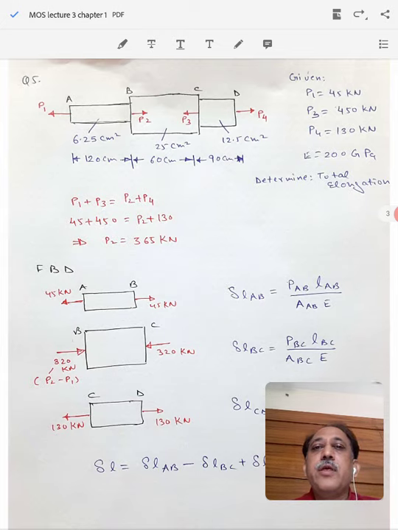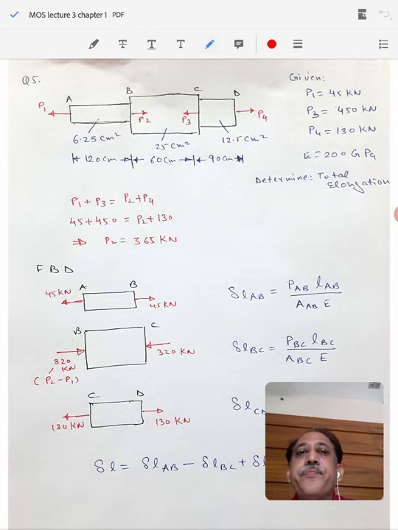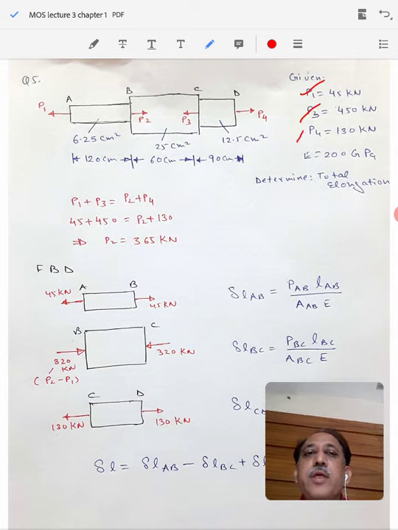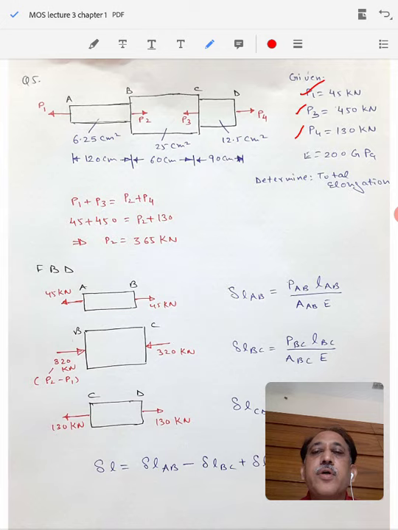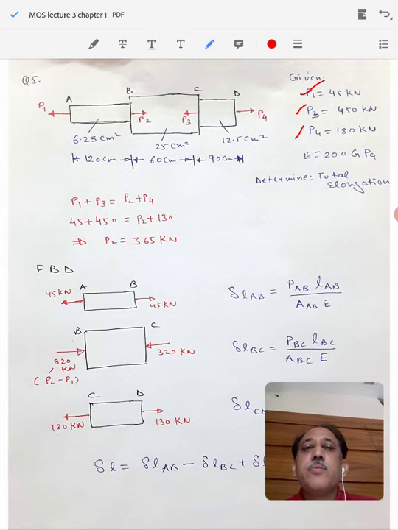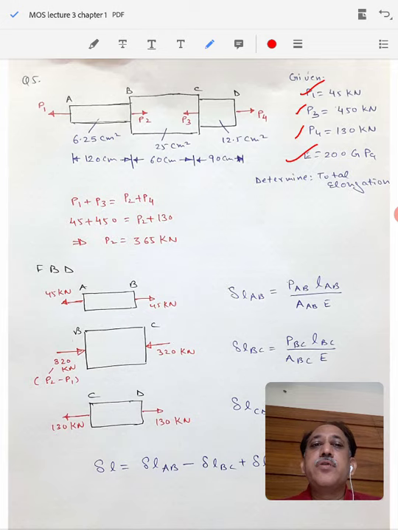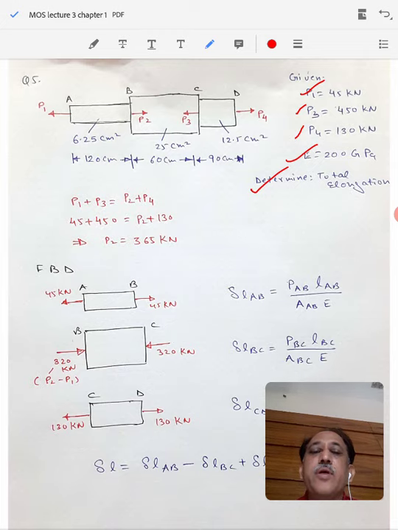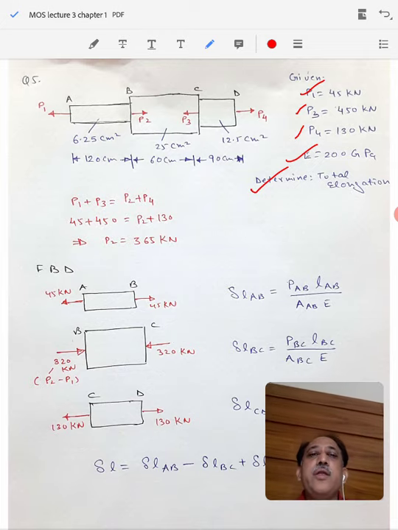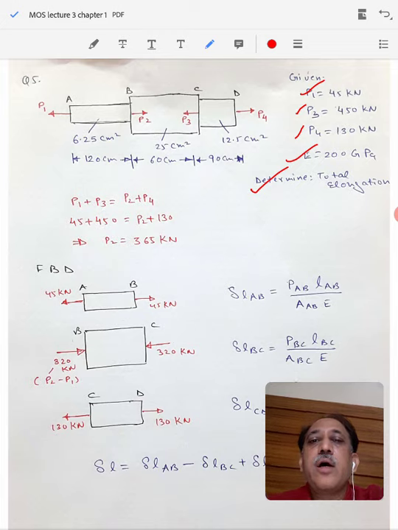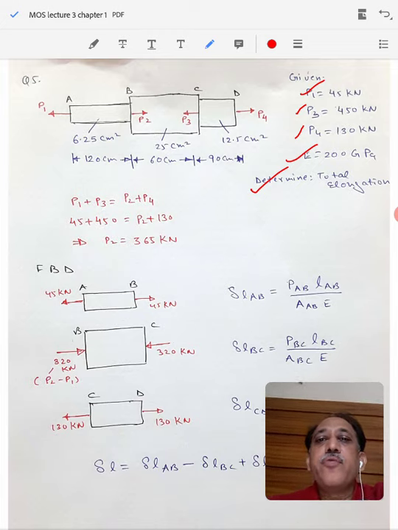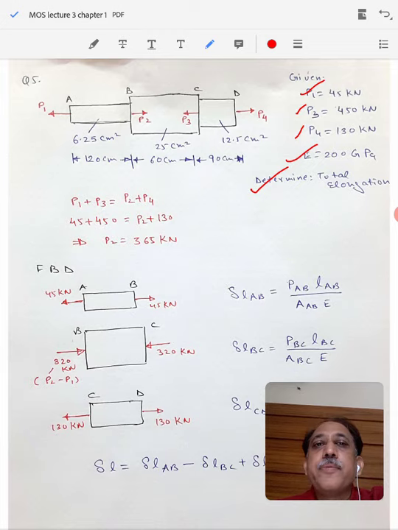They are P1, P2, P3, P4. Their proper direction is also given over there. The magnitudes of three forces P1, P3 and P4 are given to you, but you are not given the value of load P2. So that is not given in the question. You are given the material's modulus of elasticity, that is like steel, so it is 200 gigapascal. What you need to do in this question is calculate the total elongation. Now before calculating the total elongation, we need to know the forces acting on each section, but we don't know the value of load P2, which is not given in the problem.